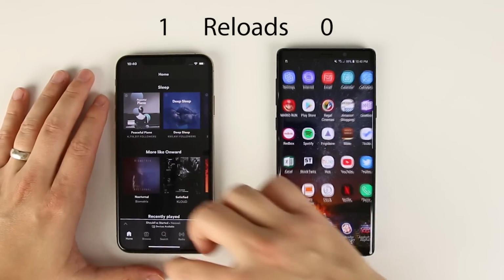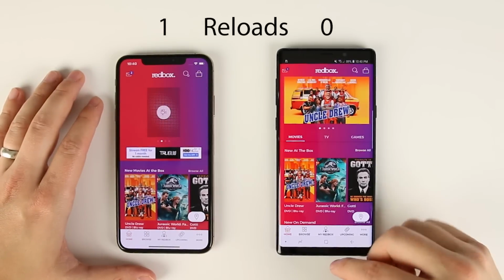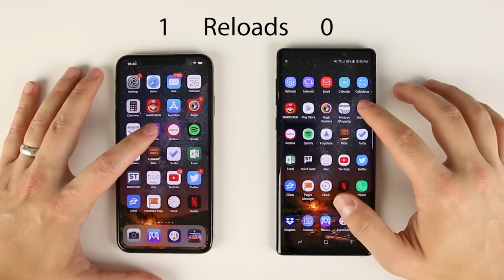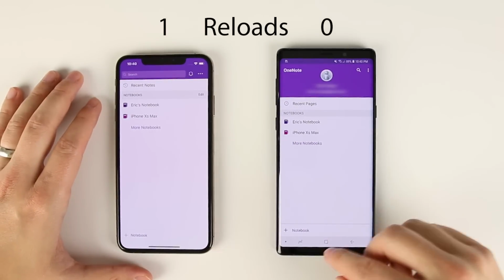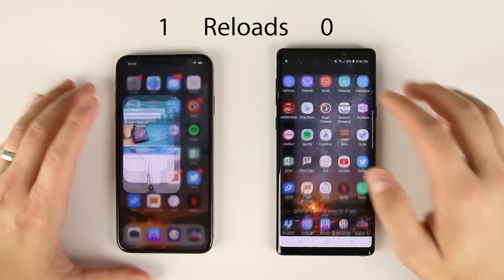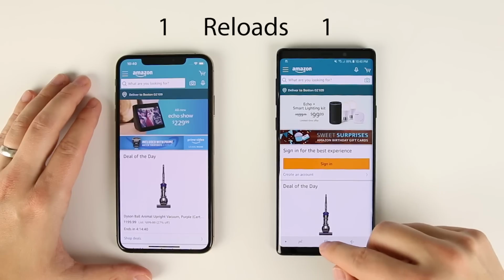From what I'm seeing already with this test, they already have enough applications open that regardless of which device you get, you're going to have a really fast experience. But let's go ahead and just keep this test going and see where the numbers land. So, okay, next we have Amazon. All right, we have a reload on the Galaxy Note 9